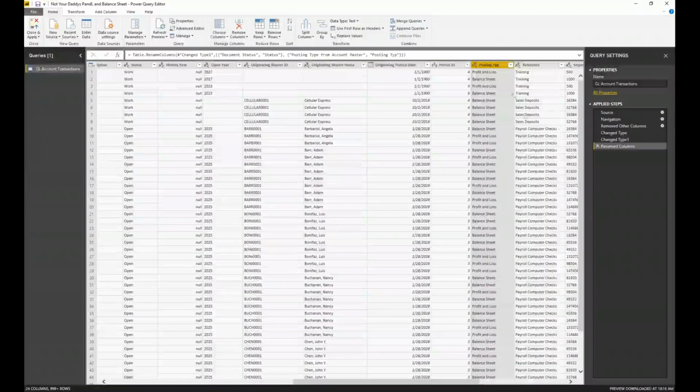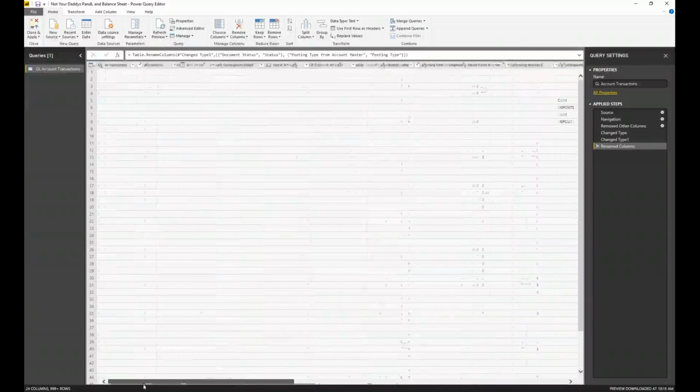And one of the things, oops, that was not smart. Got rid of my E. There we go. Okay. So one of the things that you're going to want to do is, then the third rule is make sure each column type is set right. So as we go through this, I'll show you what I mean.